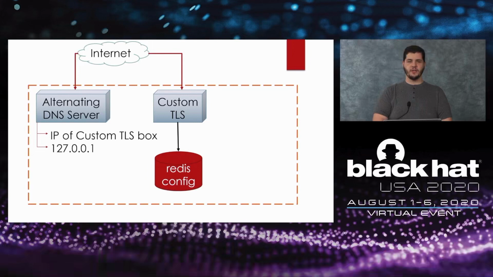which is just a Python script running on port 53. It alternates between answering with the IP address of the custom TLS server and localhost. Then over there on the right, I have my custom TLS server, which is there to deliver my payloads via session tickets. I configure those by just updating values in Redis. But when testing it, it proved difficult to go straight to localhost, since depending on what library is making the requests, I didn't know if SSL sessions were being cached.